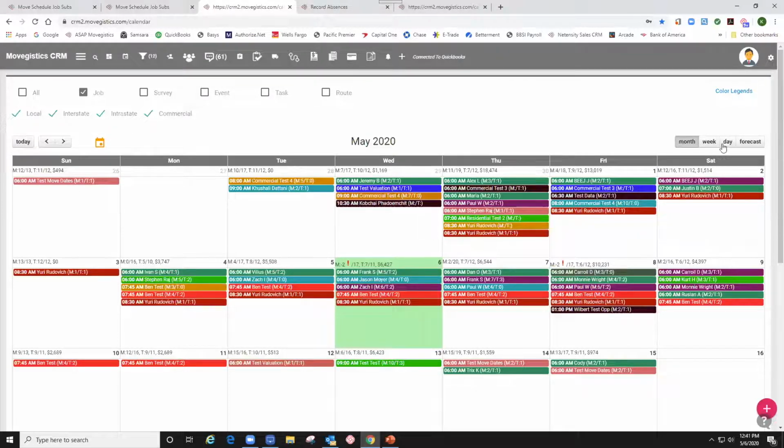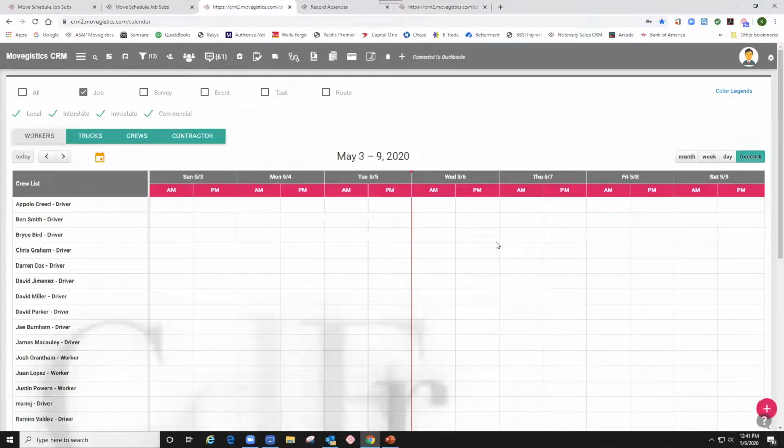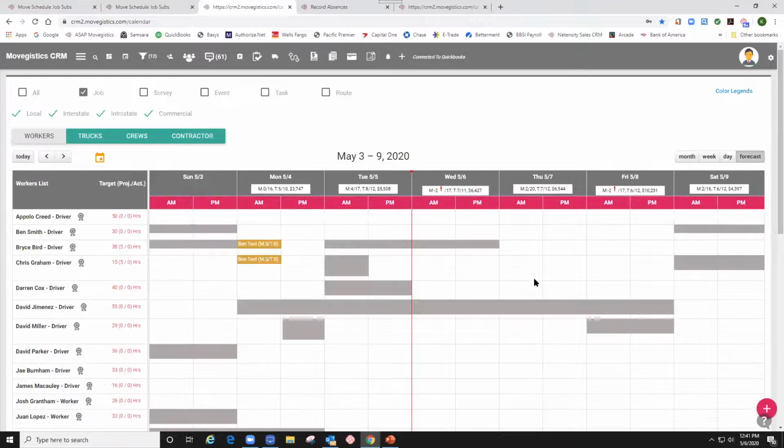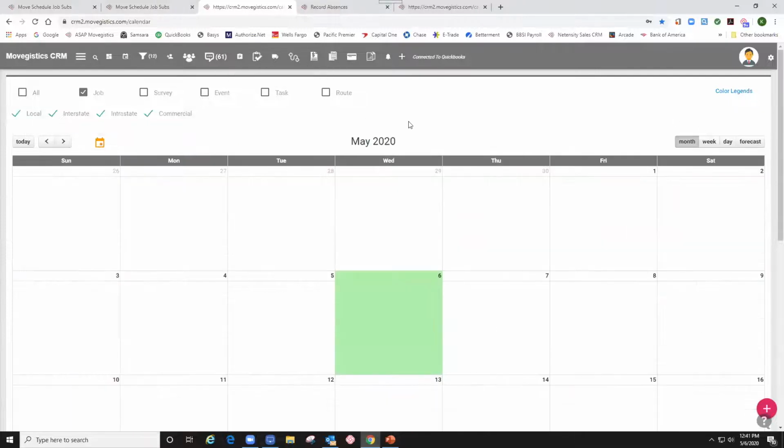And then lastly, the forecast view is another place where I can see detailed availability information up here in the margin for my men and truck counts. Okay, moving on to dispatching. Traditionally,